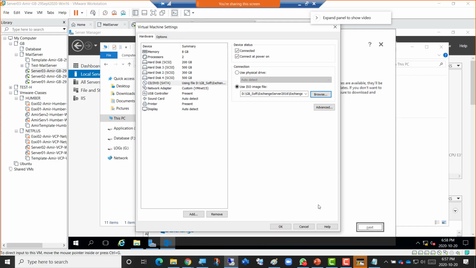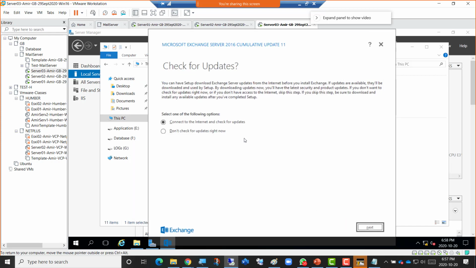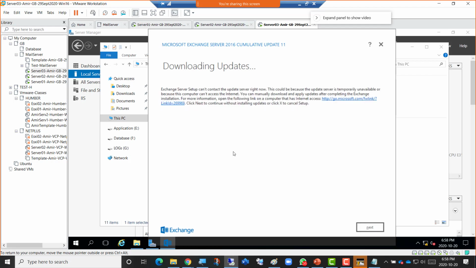So okay, this is launched here, and it asks to connect to the internet and check for updates, or don't check for updates right now. I'm not connected to internet, and we know if we do connect to internet, it's not going to find anything. This cumulative update is already updated. So I can just keep this option selected and still go next, and it should not be able to find anything,